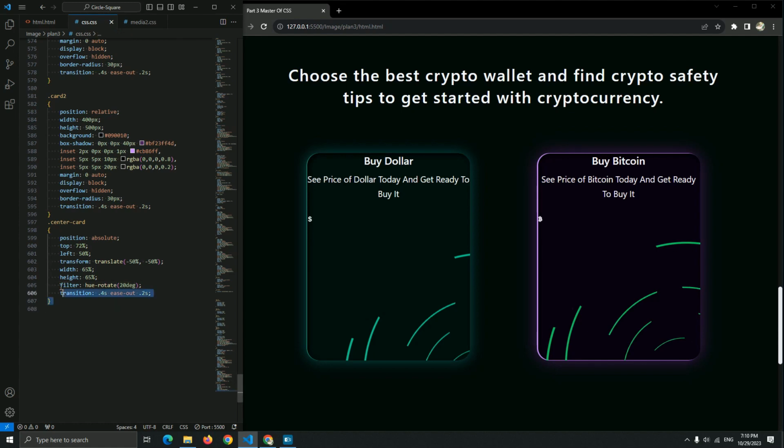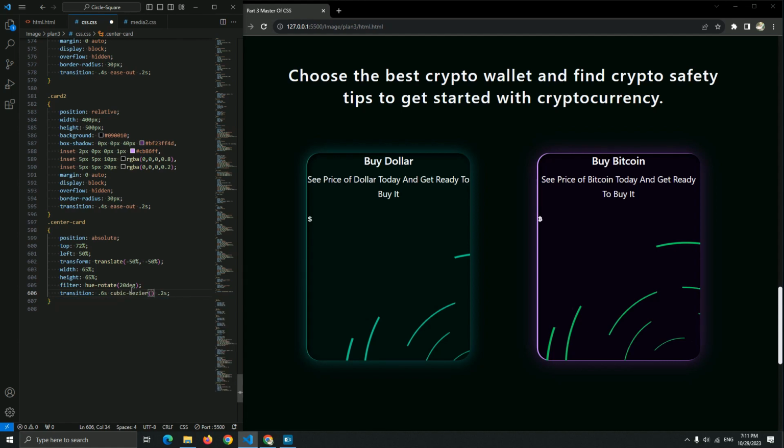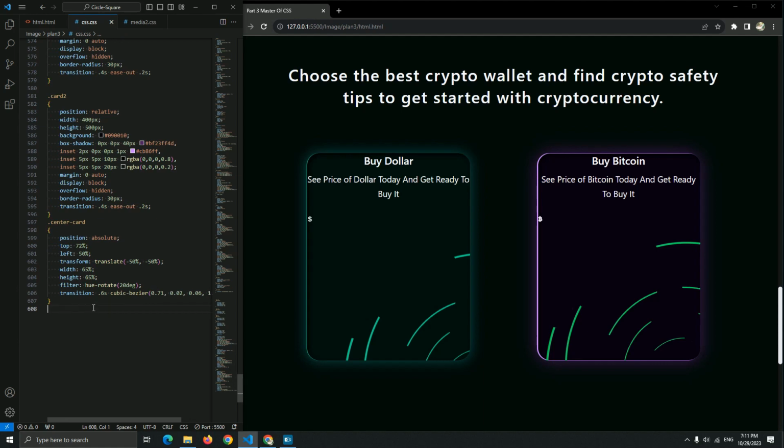First let me continue for this center card 2, and let me add a cubic bezier. I just forgot about that. The cubic bezier here for this, okay, this is our cubic bezier, guys, after the center card of card 1.